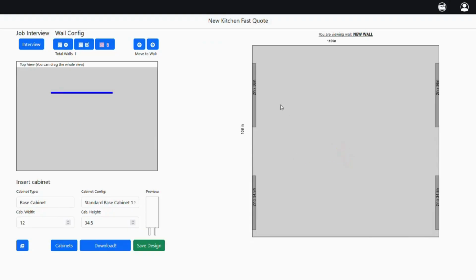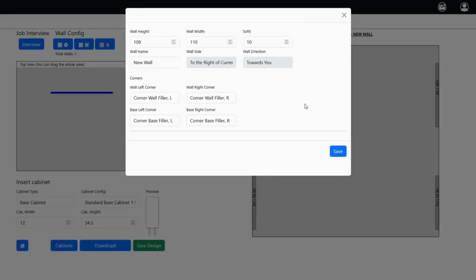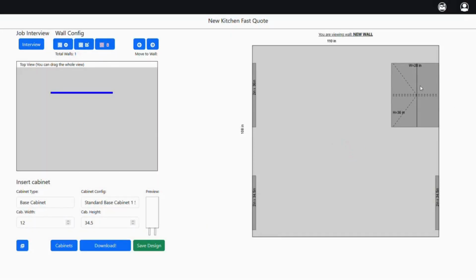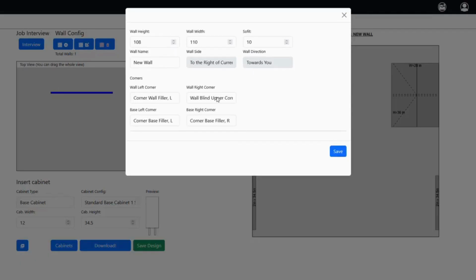Basically this is the wall, but you'll notice that we've already put in filler end panels. On every wall end, there's generally a filler application or a corner application that happens. That's how we designed the system. Once you add a wall, on the right side of the wall there will be a couple of options. Suppose we went back and said the standard corner filler,